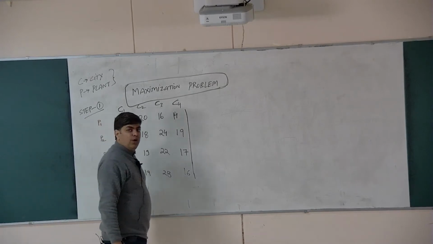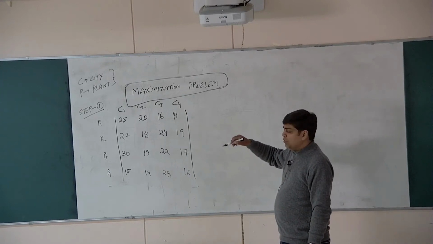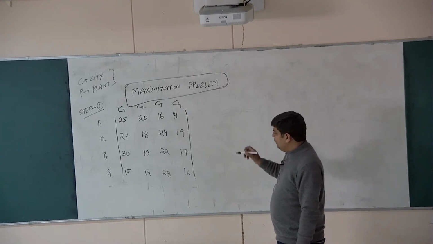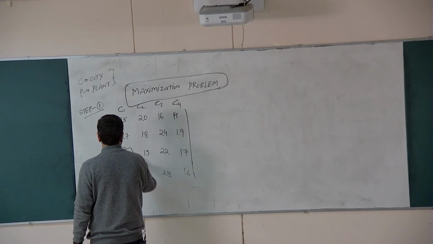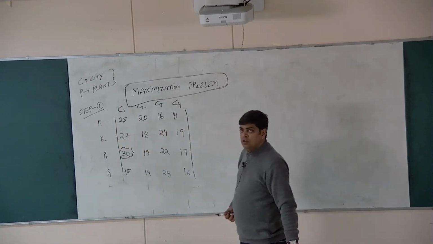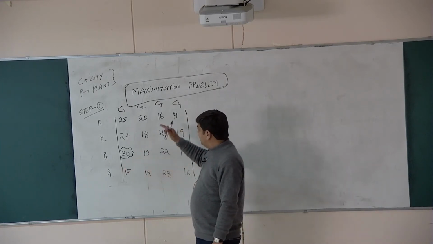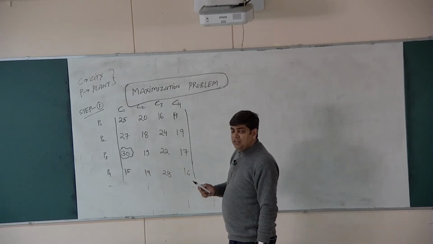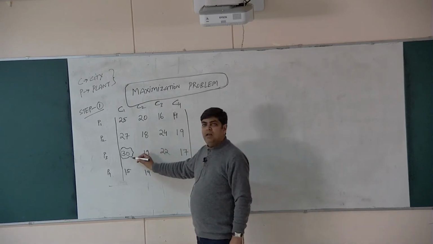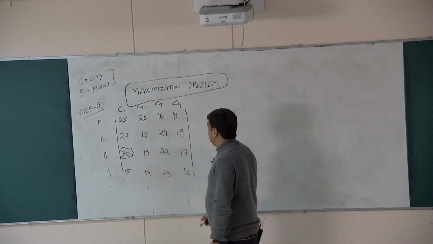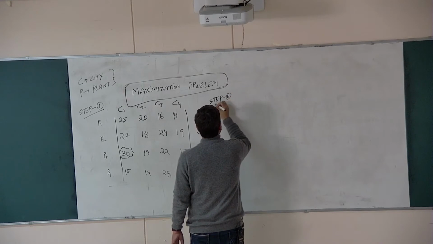So how to do it? For this you have to select the maximum element value of this particular matrix. So what is that maximum element value? In this matrix you have this value 30. So you look for the maximum element value of the given maximization matrix and then subtract each element value of the entire matrix, irrespective of row or column, from the selected value 30. So I'll write here a new matrix, that is step 2. This will be your minimization matrix.